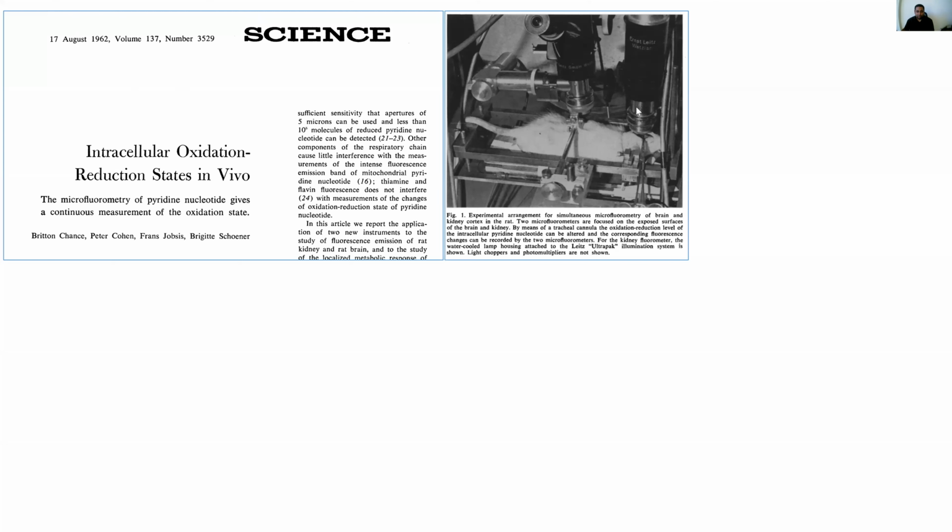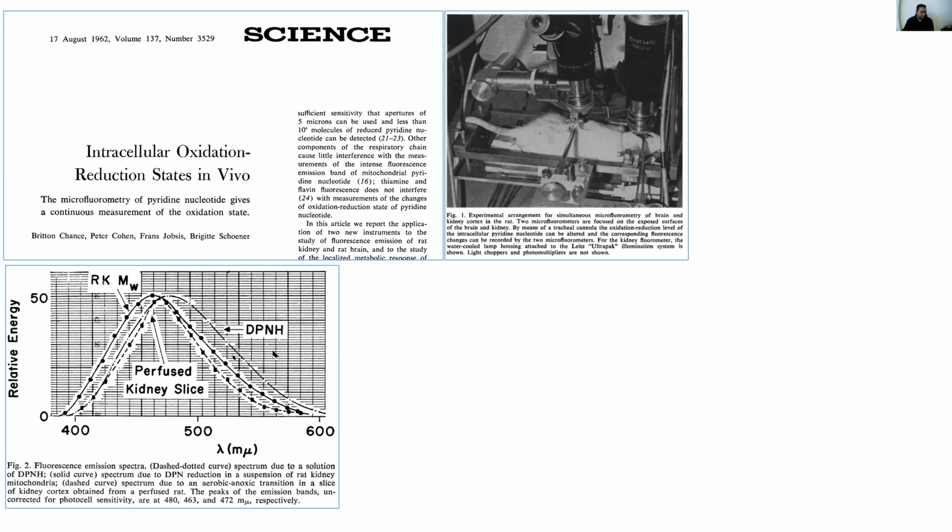And this is not a fluorescence imaging experiment. This is 1962, so it's more of a spectrophotometer experiment, right? It's with the objective. What they're looking at is what happens to the kidney and the brain under different stimuli. And one of the things they saw, and it's kind of important, is they looked at DPNH,